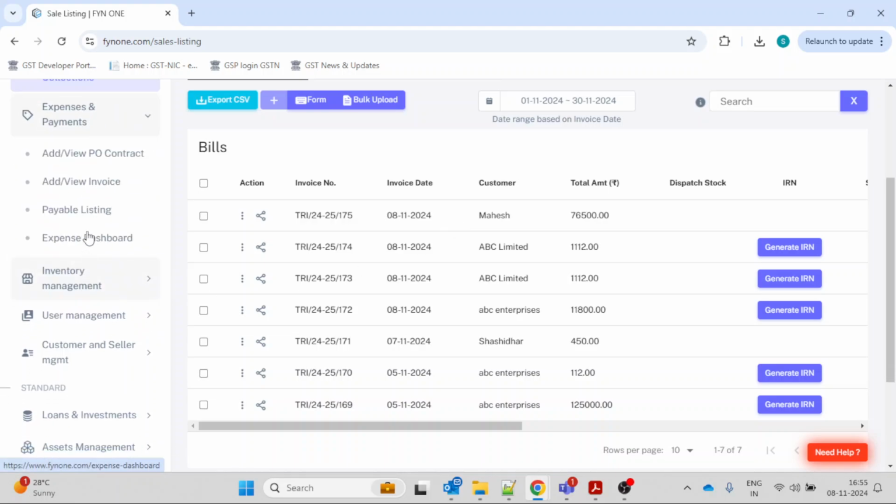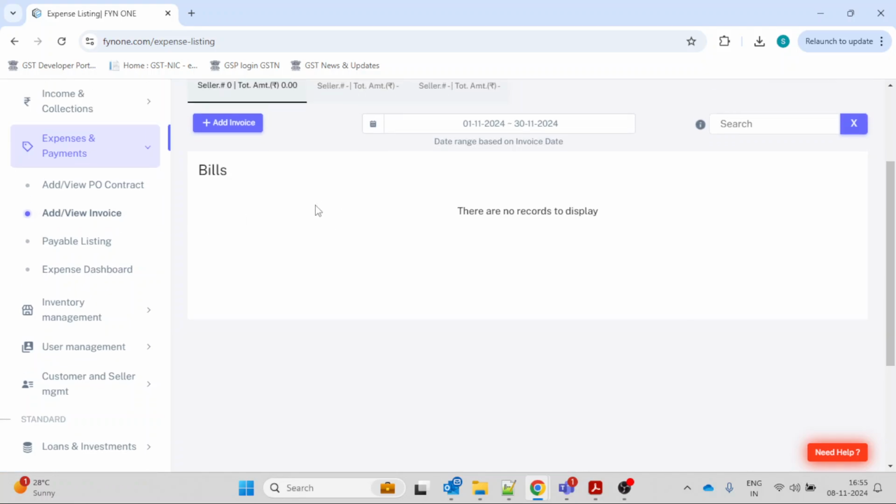That is under expense and payments, add or view invoices. The same feature is made available for updating allocation center, expense type, and expense subtype. Now the next two features pertain to FynMart. The first of that